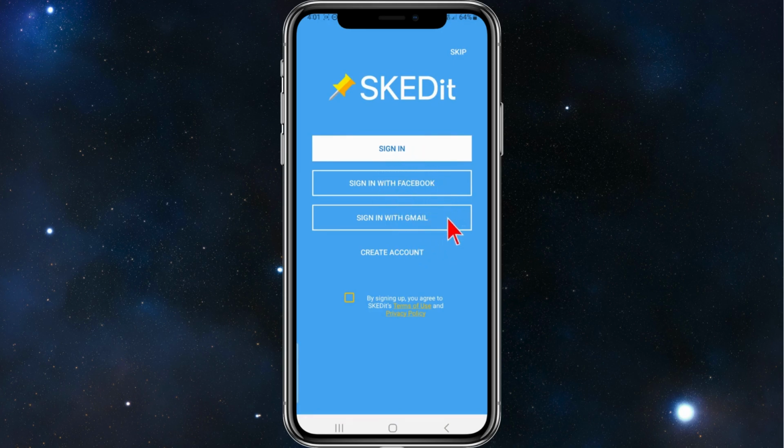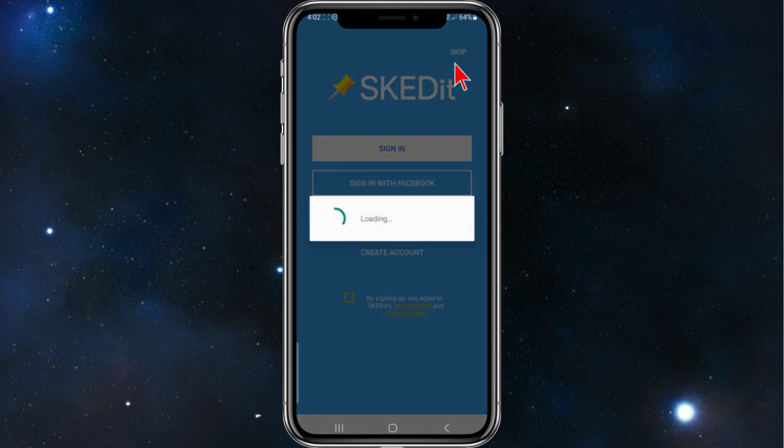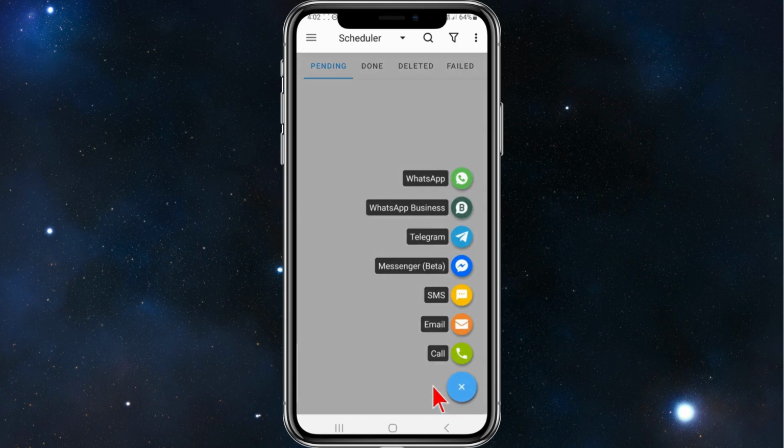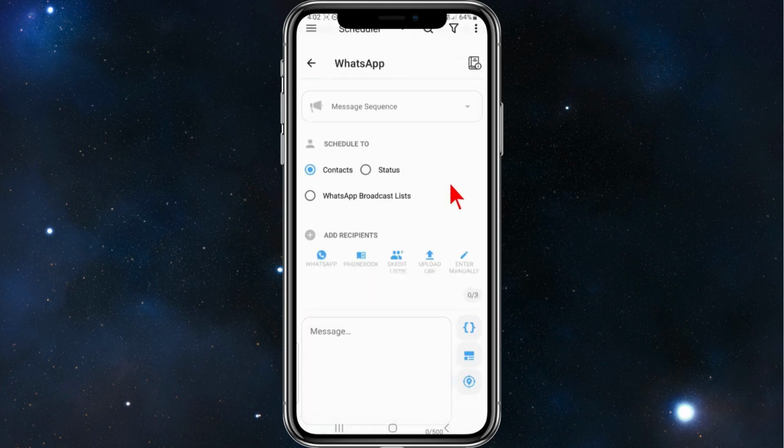Alright, looks like you need to sign in or sign in with Gmail or create an account. Choose which one best suits you, or you can simply just skip it, which I will do. Alright, after you've done that, click on the blue plus icon. And you get a whole list of options here, but we want the WhatsApp one. So click on WhatsApp